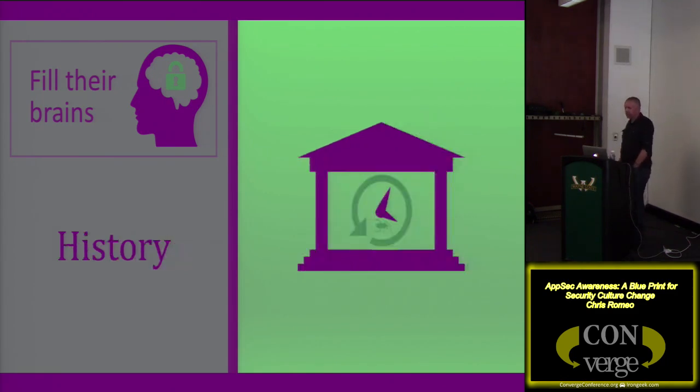And the third thing is we've got to fill their brains with history. Okay? If your company is older than a year, you probably have some bug database that tracks back security vulnerabilities and security bugs over time. And that's a great place to mine for data to feed into your security culture program. Because you want people to understand the problems that the company's had in the past so we don't repeat them